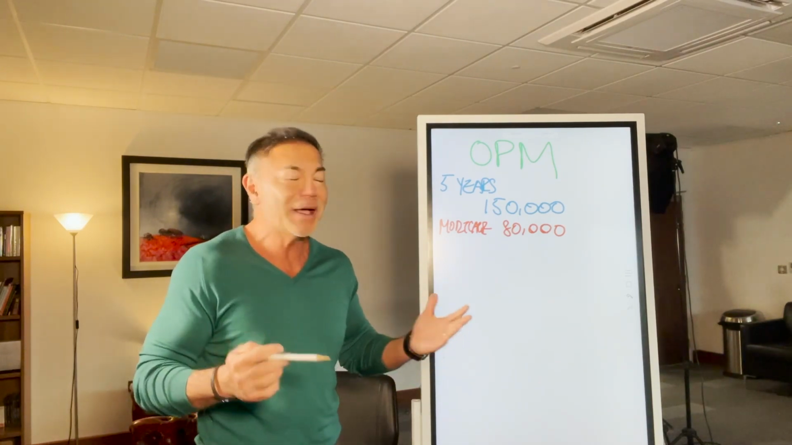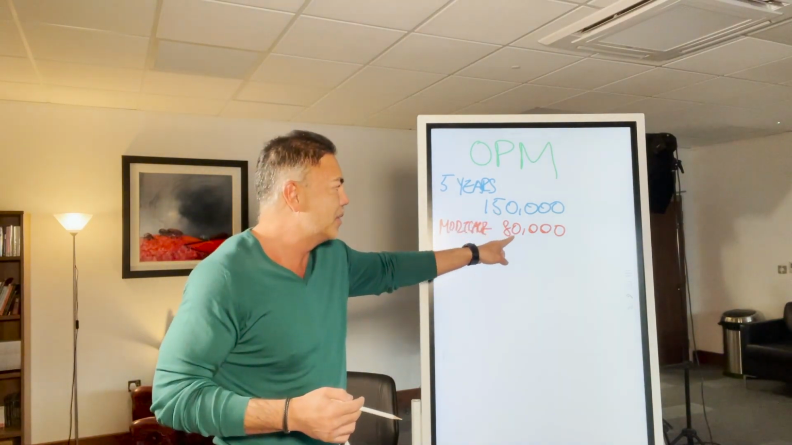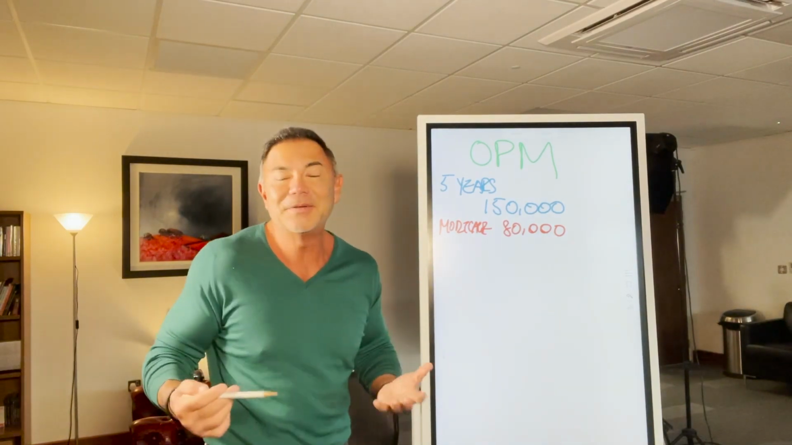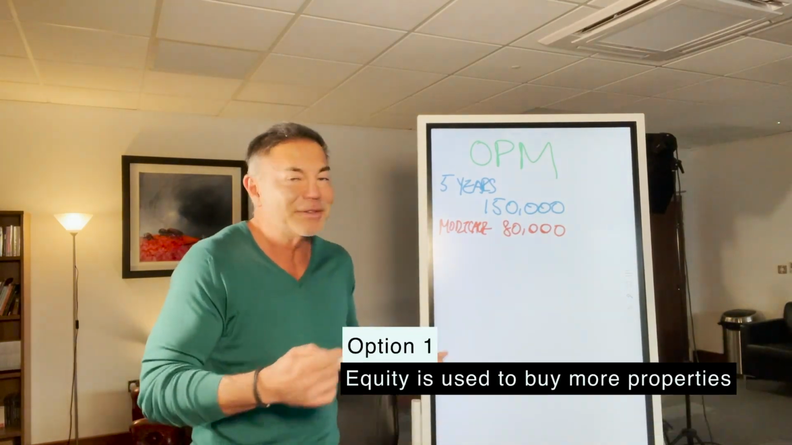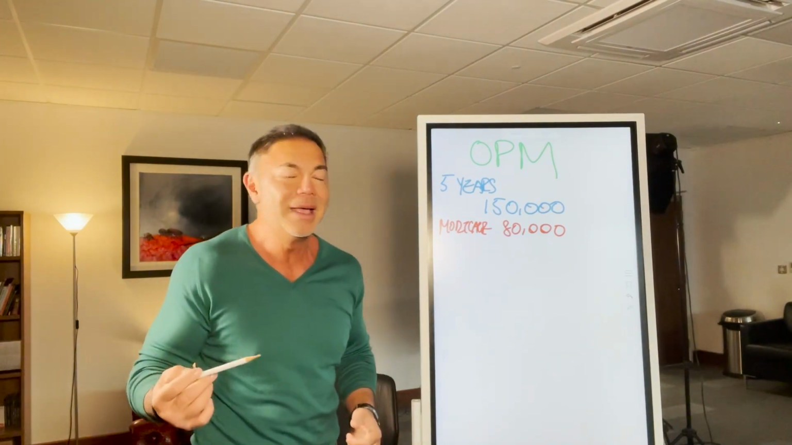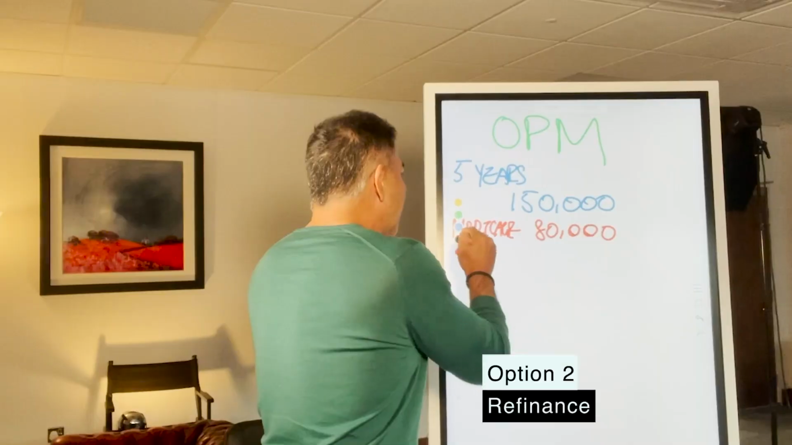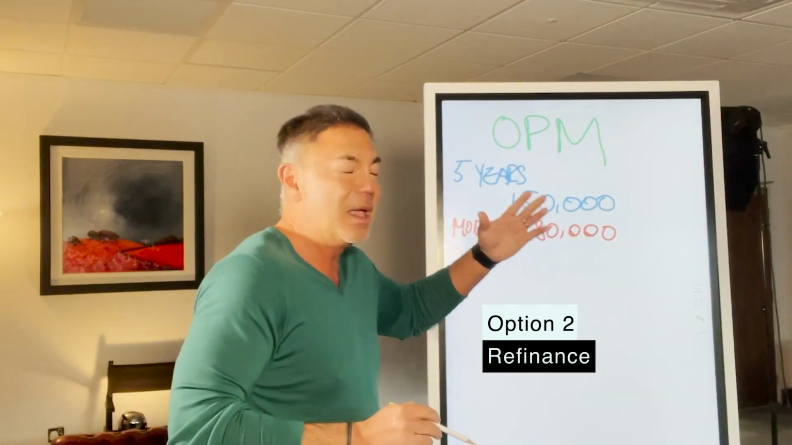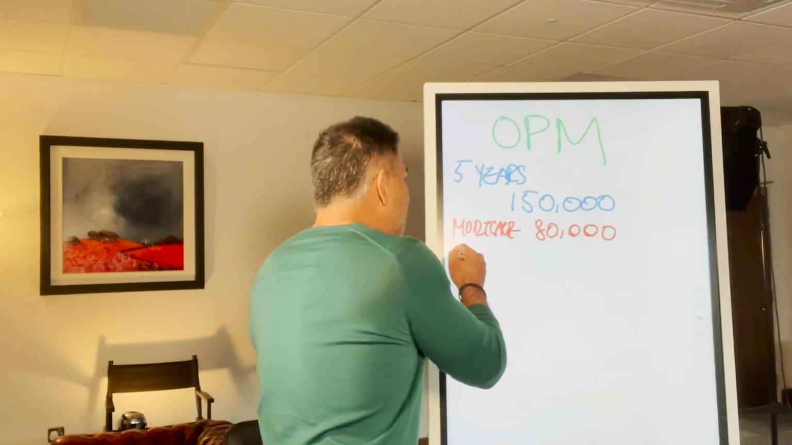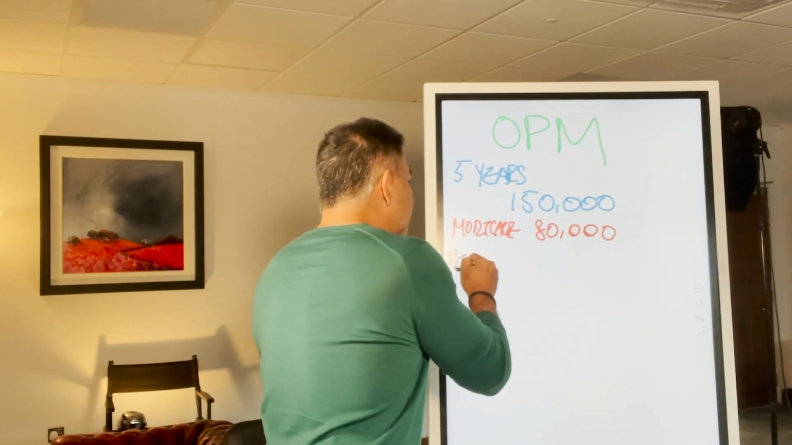So now, here's the thing. You can either sell the property for 150,000, pay off the mortgage of 80,000, you're still left with 70,000 pounds or dollars, and you can use this money to buy another property and repeat the process. Or one thing you can do is to refinance. Every time the value of the property goes up, you can actually go to the bank and get a new bank loan. So the new mortgage or remortgage or refinance